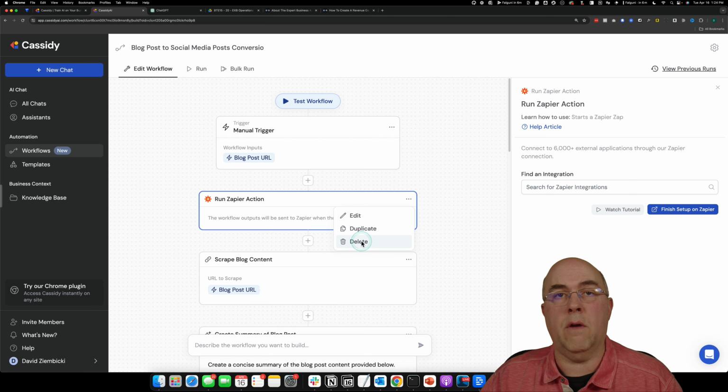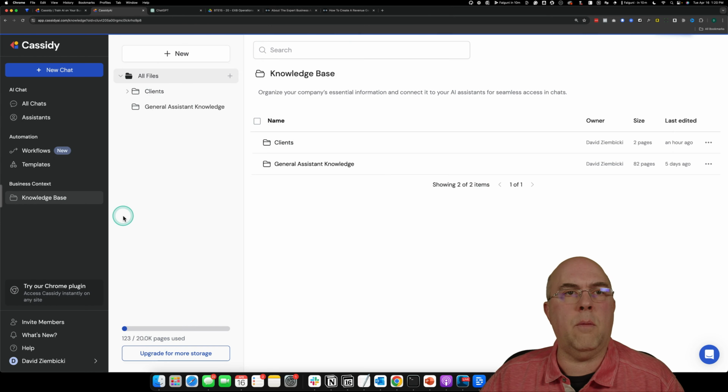Then there's also the inverse. You can trigger Cassidy workflows from Zapier. So if you have some other business process that's coming up with some things and you want one of your assistants to do something with that data, then you can trigger from Zapier into Cassidy and have it go do some things. Last thing I want to tease for a future video is the ability to connect new things